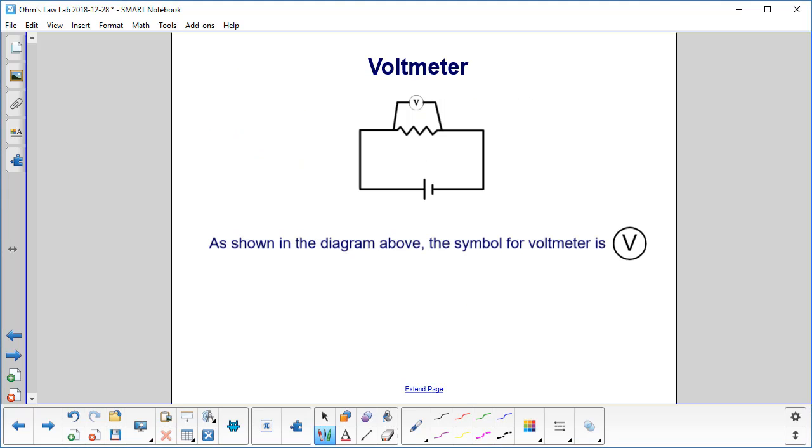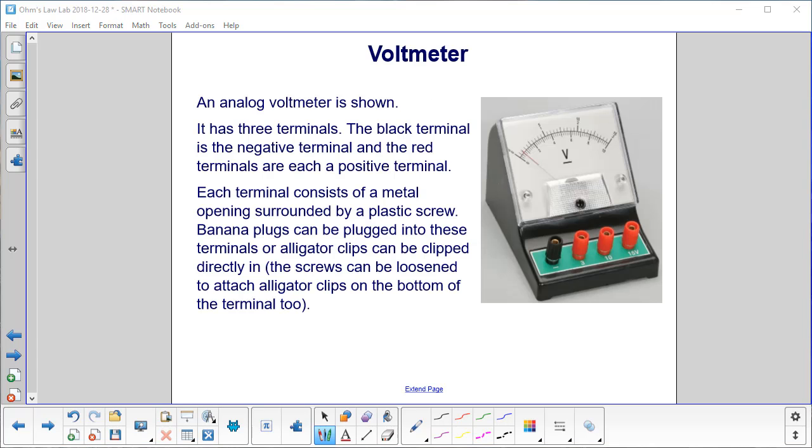An expanded view of the picture on the previous page. The symbol for voltmeter is V with a circle on it. This is an analog voltmeter, which are mostly used in labs. It has 3 terminals. The black terminal will be the negative terminal, and the red terminals are each a positive